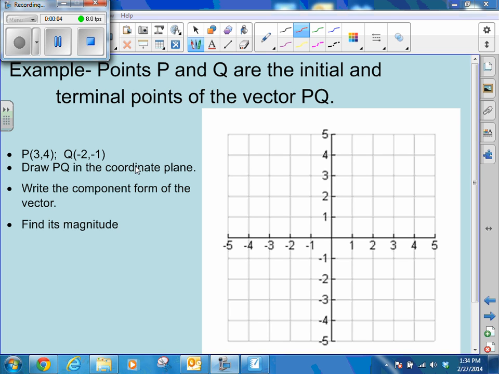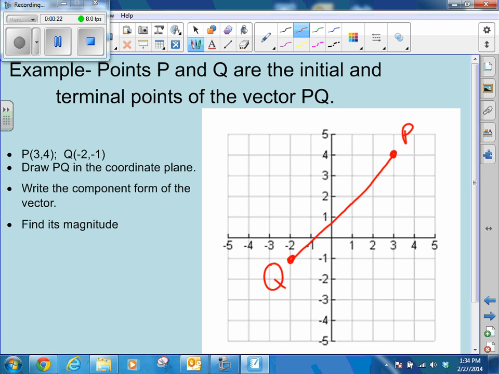We have to do this before we can go on to trig with vectors. So, P, Q, you have to graph those two points. P will be at (3, 4). Q is at (-2, -1). Okay, we can connect them,